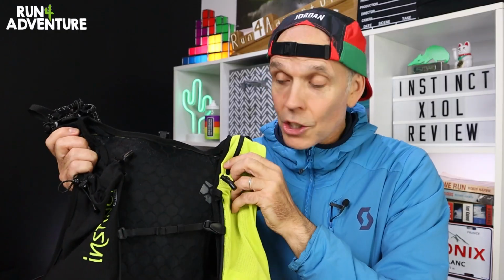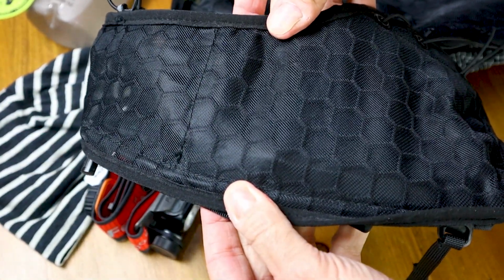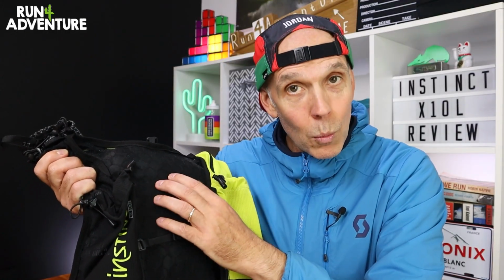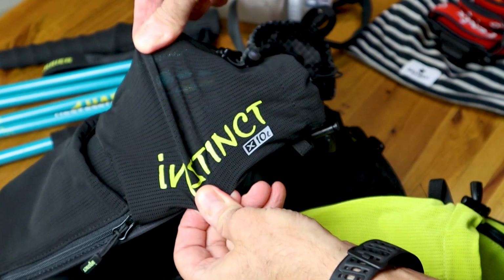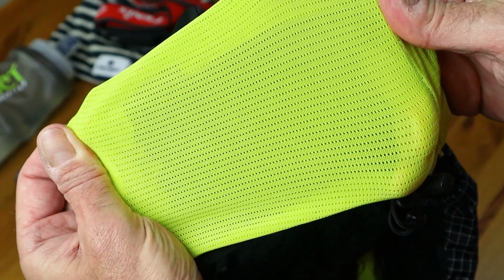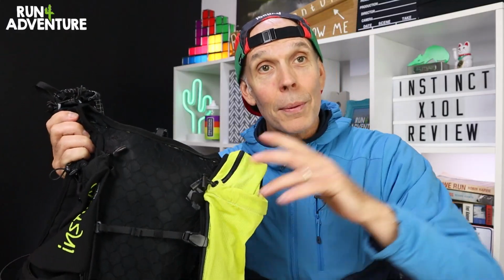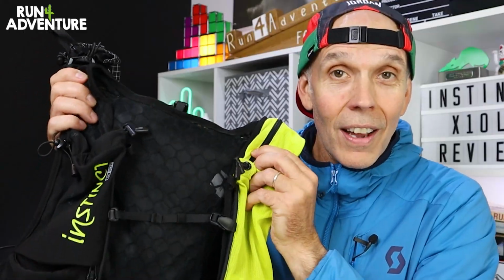As far as the construction goes, the bulk of the vest is made using this lightweight and highly breathable honeycomb mesh, and that's going to ensure great ventilation and high wicking properties. And then the pockets and the storage systems are made using this slightly stretchier fabric that's also covered in lots of tiny perforations to help with airflow. And if you hold the pack up against the light, you can literally see straight through it, just highlighting its